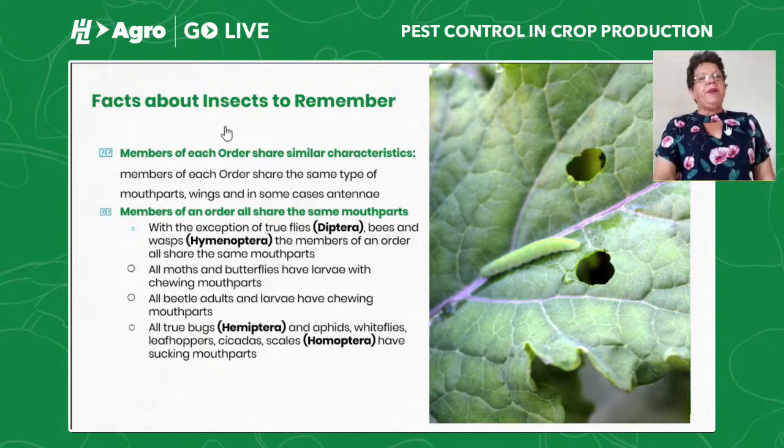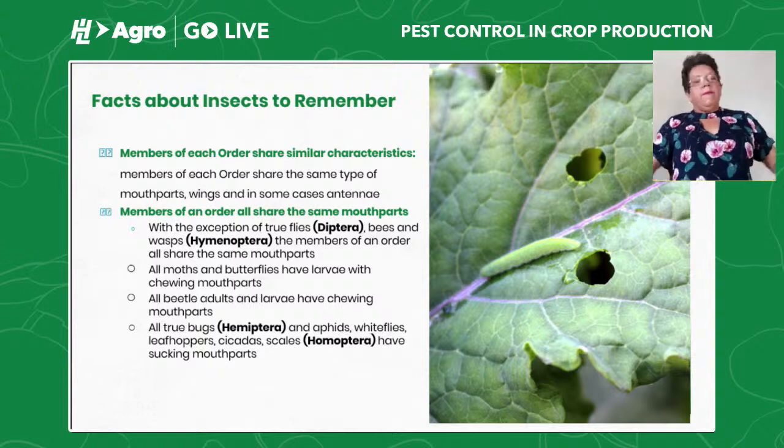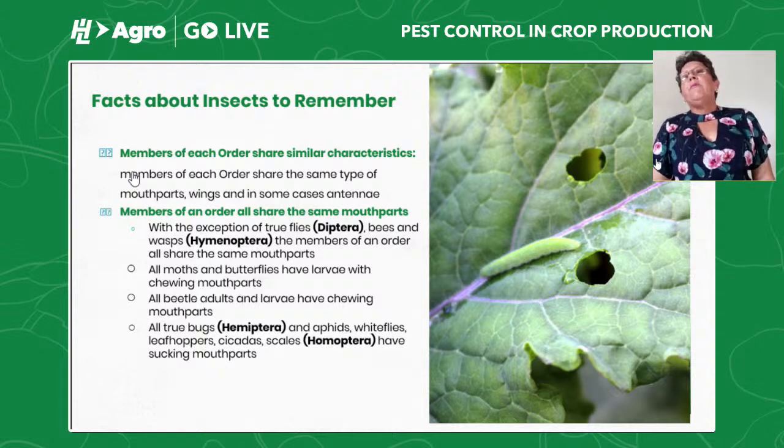Now we're going to see a little bit of the life cycles. Within the variety of things we find in insects, we have basically 2 different types of life cycles. We have a 3-stage life cycle, and the stages are adult, eggs, and young or nymphs. I need the next slide, please.